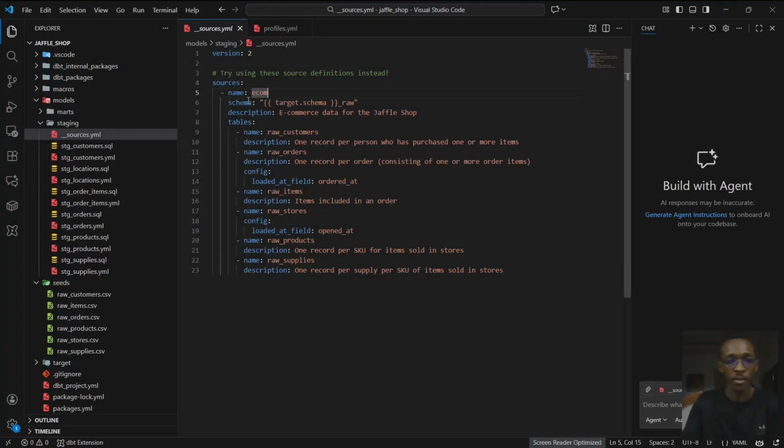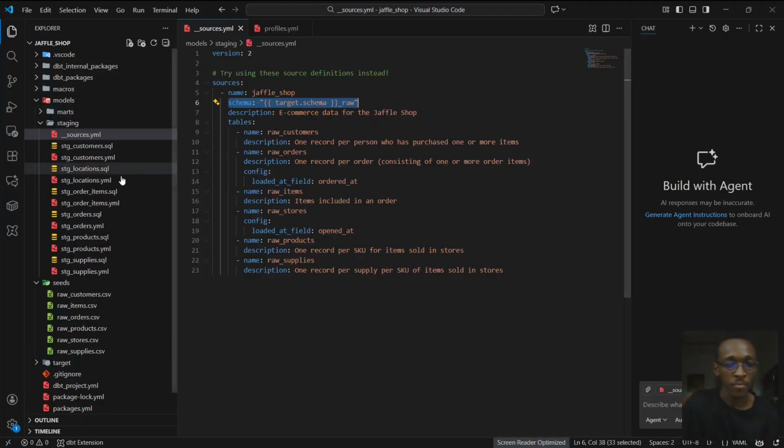So let me go ahead and change the name to Jaffle Shop just to show you. Call this Jaffle Shop and save this. Then schema. This schema is where, when we run our dbt model, our dbt project,